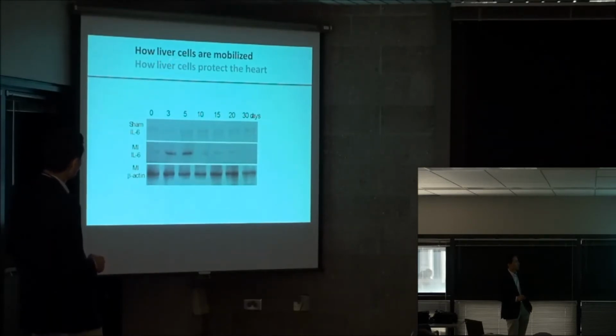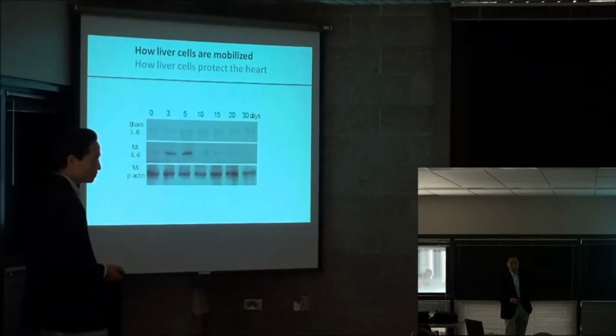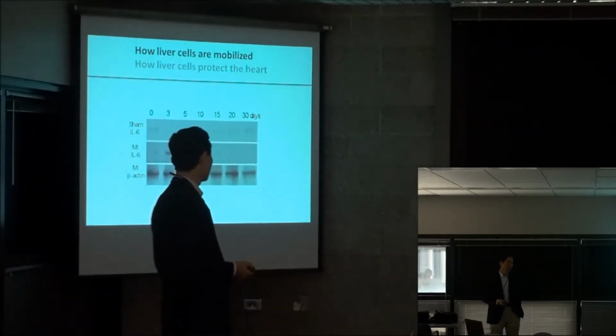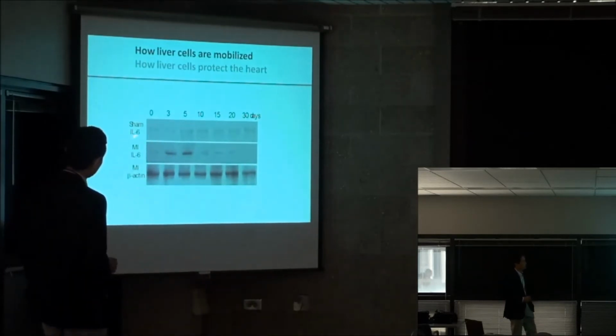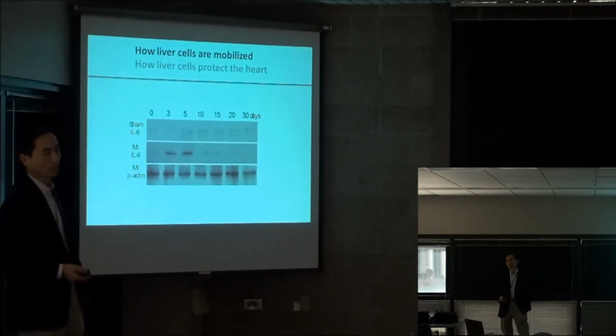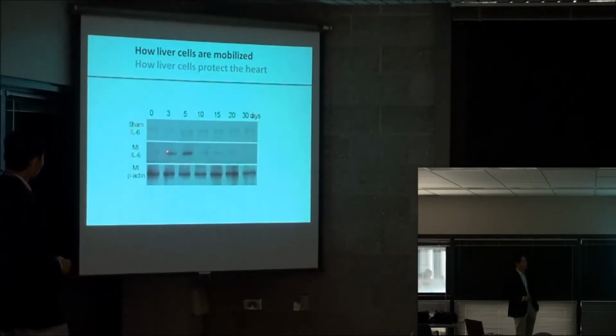First, we will start with how liver cells are mobilized. Why does myocardial infarction induce liver cell mobilization? As I just briefly mentioned, IL-6, interleukin-6 expression might be playing a role for liver cell mobilization. So this is where we started. And the first thing you do is test if IL-6 is upregulated. So we collected liver heart specimens from the injury site and used immunoprecipitation and immunoblotting analysis to test the IL-6